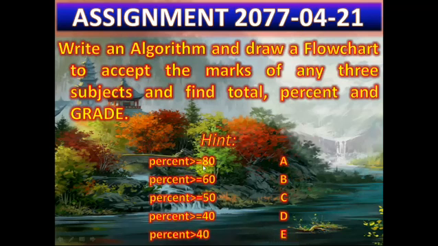If the percentage is greater than or equal to 80, then you have to supply E grade. If the percentage is greater than or equal to 60, then you have to supply B grade. If the percentage is greater than or equal to 50, you have to give C grade. If the percentage is greater than or equal to 40, you have to give D grade. And the last one you can see, if the percentage is not greater than, I have made some mistake here, if the percentage is less than 40, then what you have to give? E grade. Remember, here instead of the greater than sign, you have to understand this is the less than sign, because sometimes I can also make mistakes.